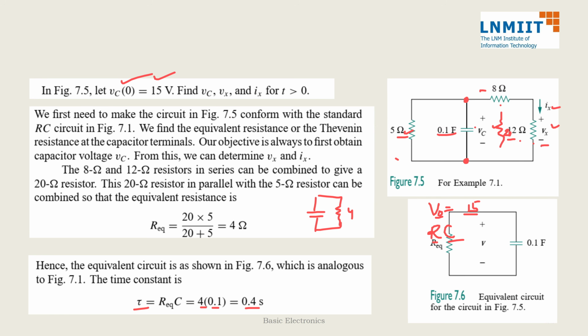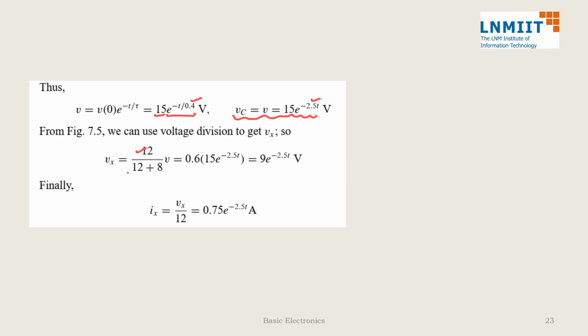If I am asking what is the voltage across the 12 ohm resistor, well, 8 ohm and 12 ohm combined are parallel to the capacitor. That means whatever is the voltage across this capacitor, the same voltage is across the series combination of these two. So what will be the voltage across 12 ohm alone? That will be 12 by 20 of the voltage across capacitor. So if this was 15 e raised to power minus 2.5 t, it will be 9 e raised to